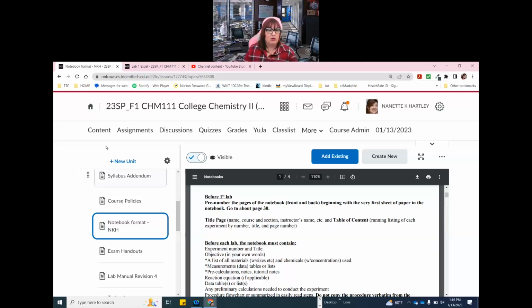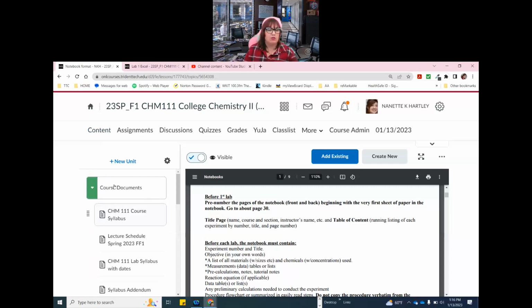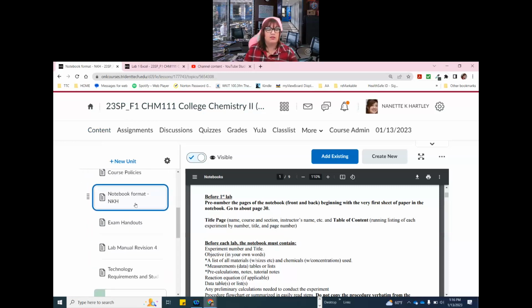And I am currently in the shell. I'm looking at the content. This is under course documents, and this is the notebook format. Okay, there are some things in here about how a notebook needs to be kept for it to be an